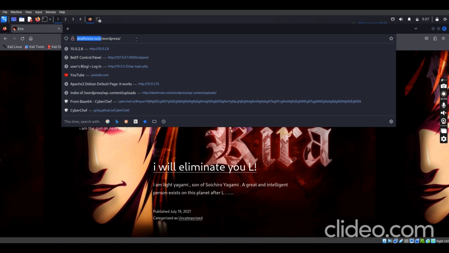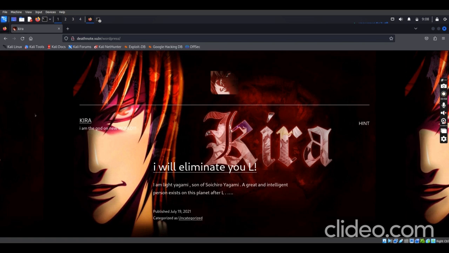So what we are going to do now is to look for the different directories. At least we have been able to know that WordPress is a folder or directory under this particular website, and that also gives us a clue that the website is hosted using the WordPress CMS, which is the content management platform used to create this.